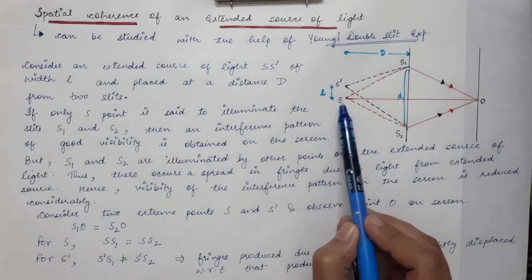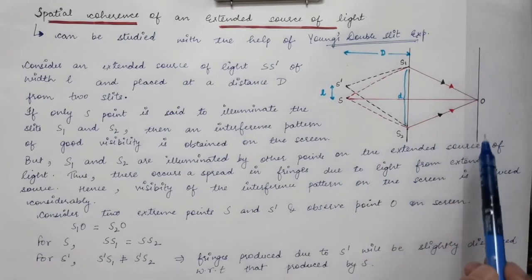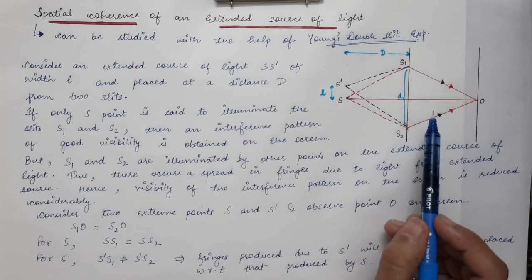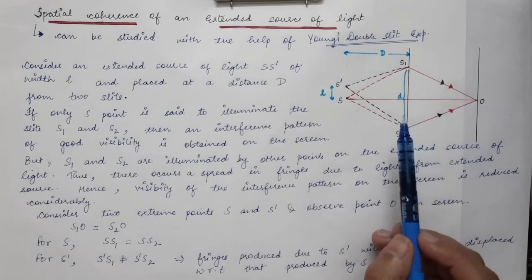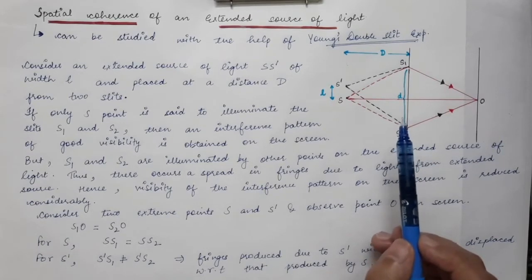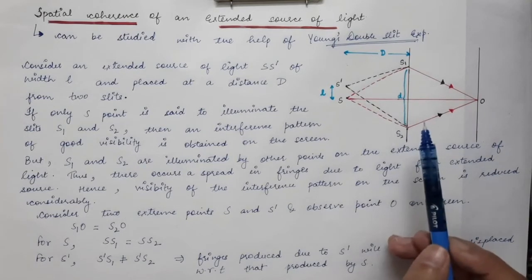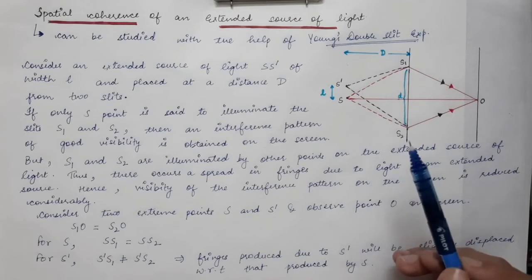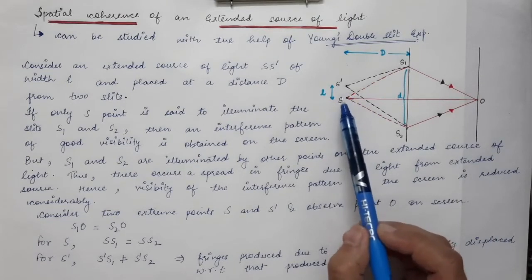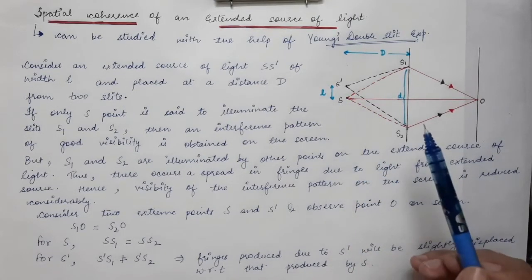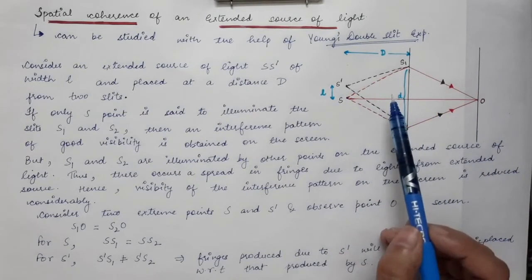So we have increased the distance between S and S prime. We have kept this distance in such a manner that no interference pattern is observed on the screen. And in the previous lecture we have discussed that there must be a phase correlation. There must be a good phase correlation between the two points. Only then is an interference pattern observed on the screen. So for the visibility of the interference pattern to be good, the phase correlation between S and S prime must also be good. So for a good visibility of the interference pattern, S and S prime must have a good phase correlation.